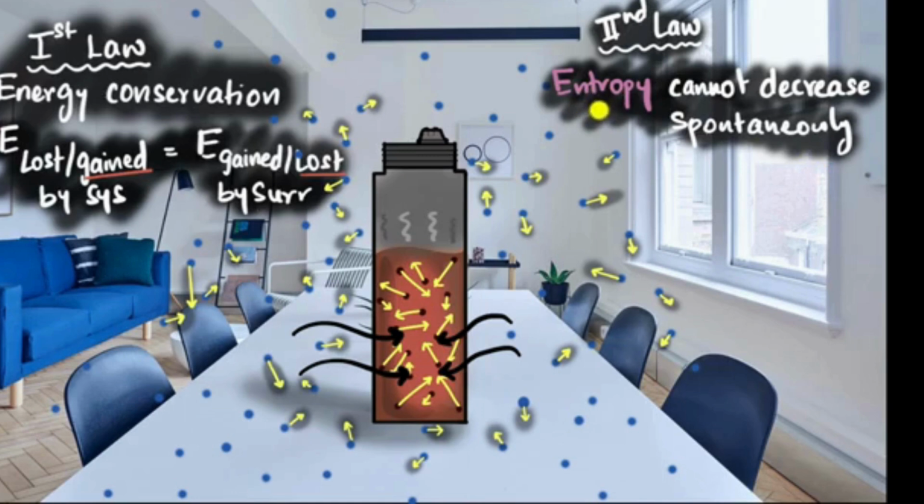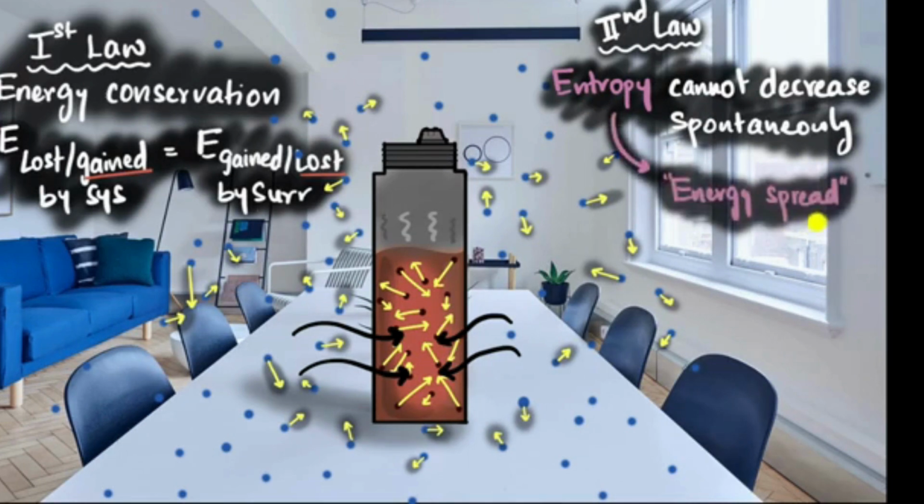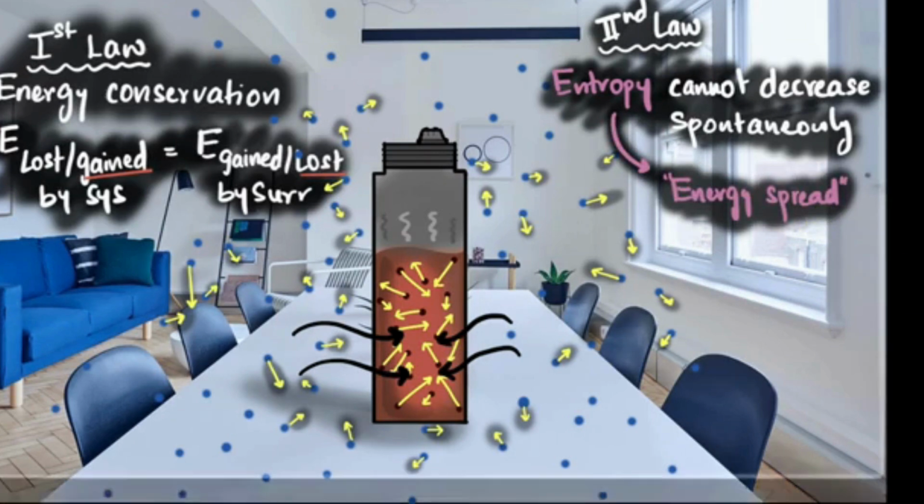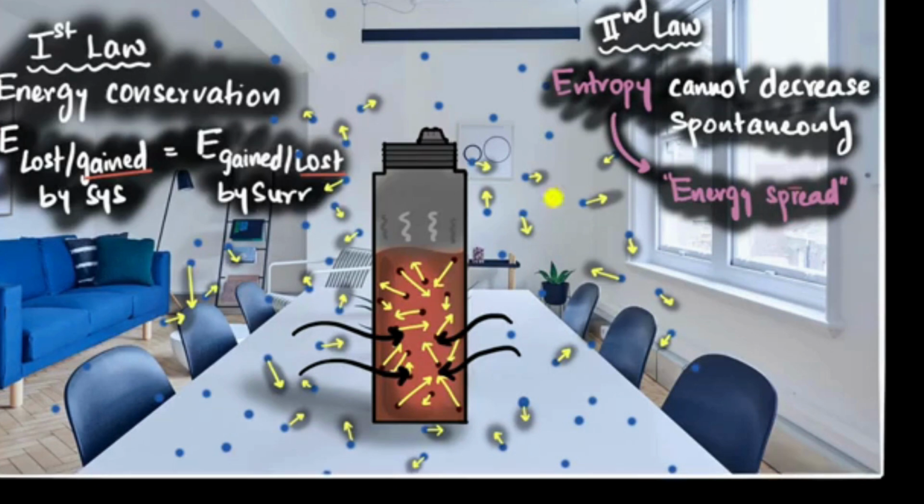There are many ways to think about entropy, but the way I like to think about it is it's a measure of how much your energy has spread out. So what does this mean? To understand that, again, let's consider a new system. This time, let's consider the entire room and everything inside of it as our system, and let's assume that this system is isolated from its surrounding. Everything outside the room now becomes a surrounding, and let's assume that it's isolated.